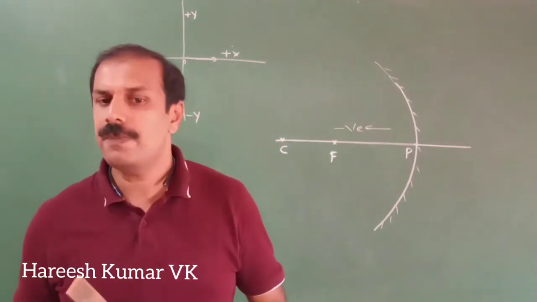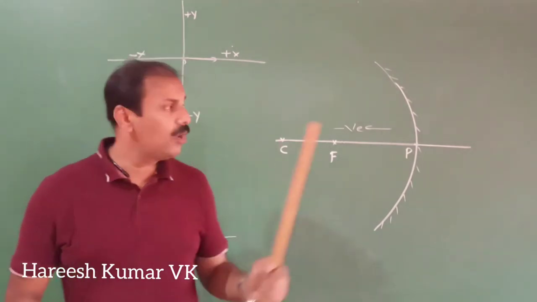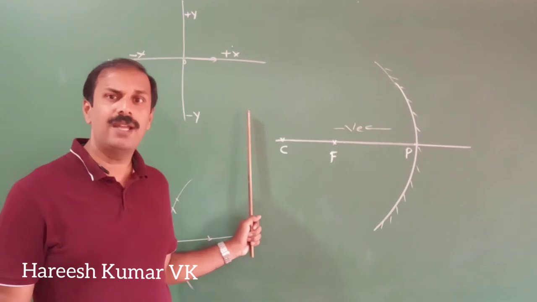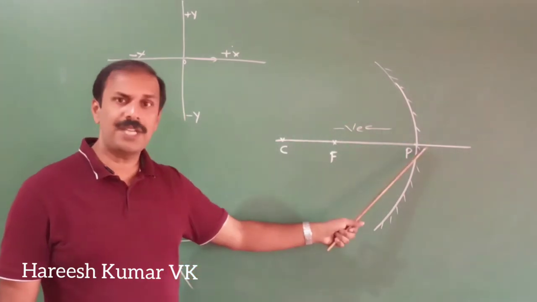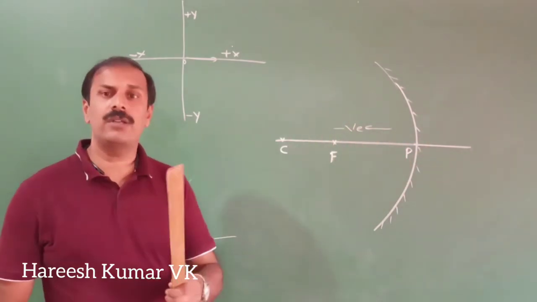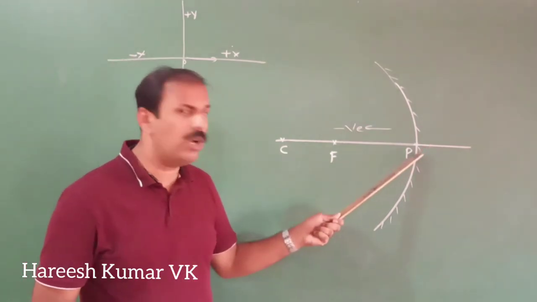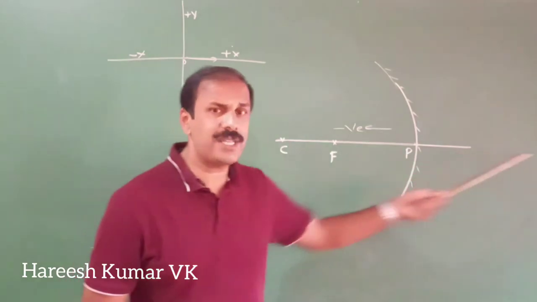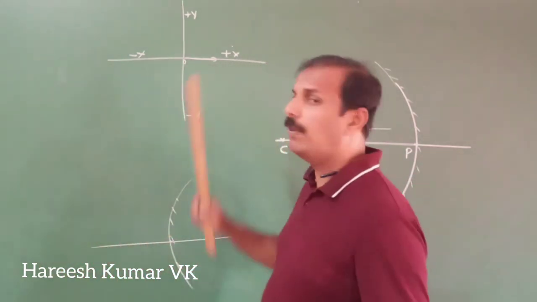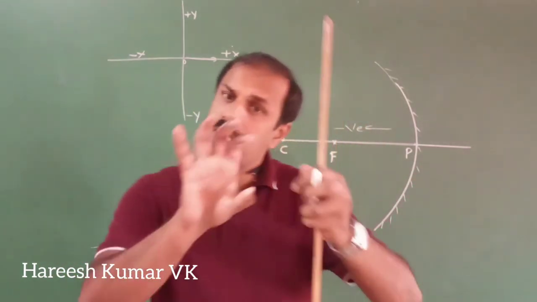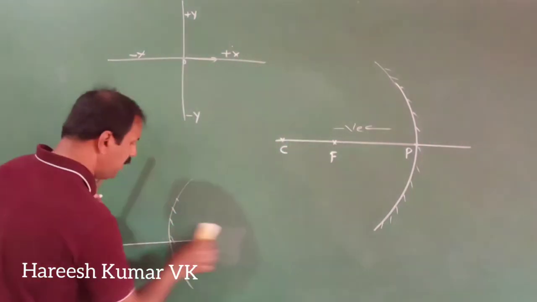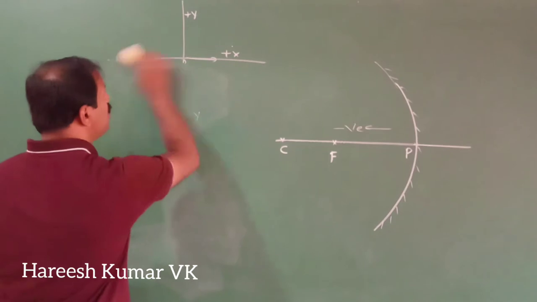So the first point was, all the objects you have to take on the left side, this side, and the mirror should be that side, and all the measurements you have to do from the pole here. This side is negative and that side is positive. Here you can remember that one. See here, actually the standard big definition for all our sign conventions is given there. Two, three lines are there for each point.